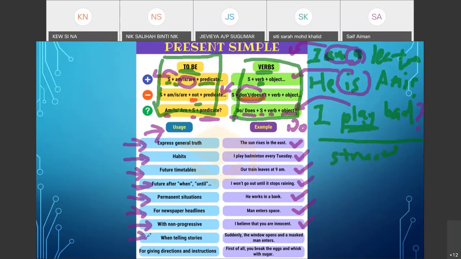When you want to tell a story, okay, we also use simple present tense. For example, suddenly the window opens and a masked man enters. So this is the story, so we use simple present tense. The last function of simple present tense is to give instructions and directions. First of all, you break the eggs and whisk the sugar. So this will be the simple present tense when we give